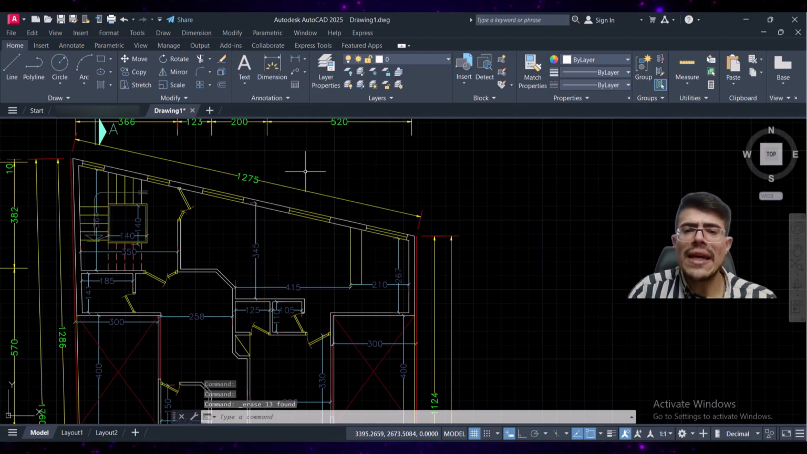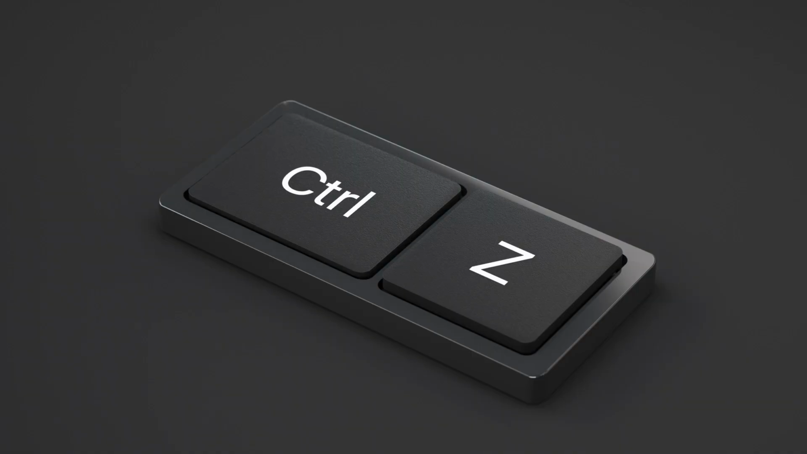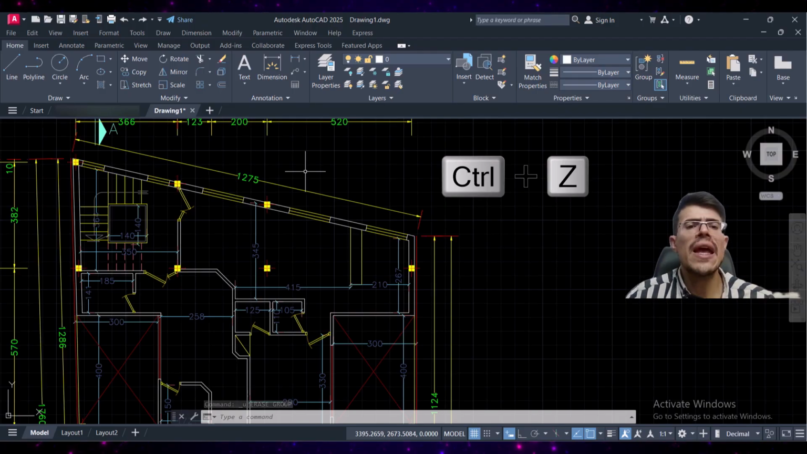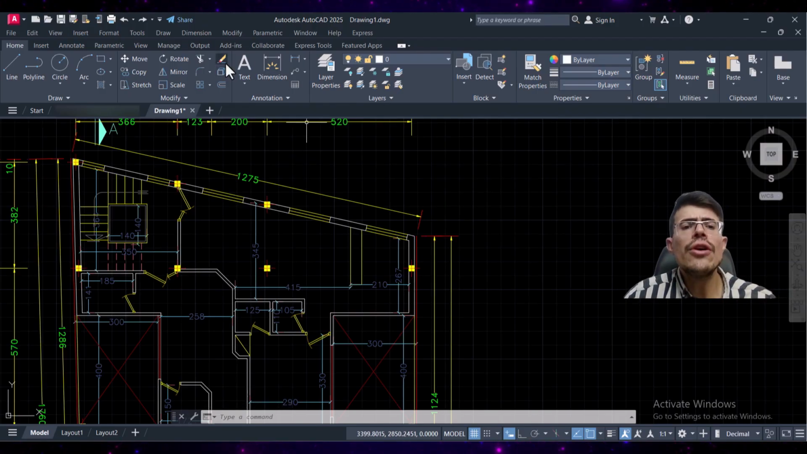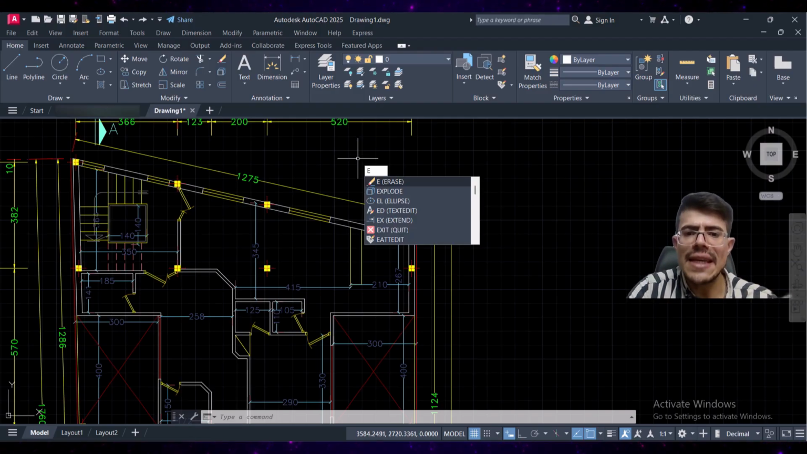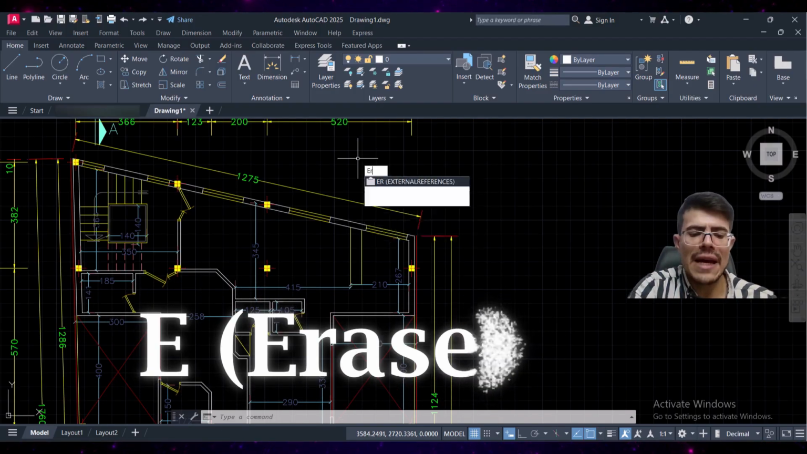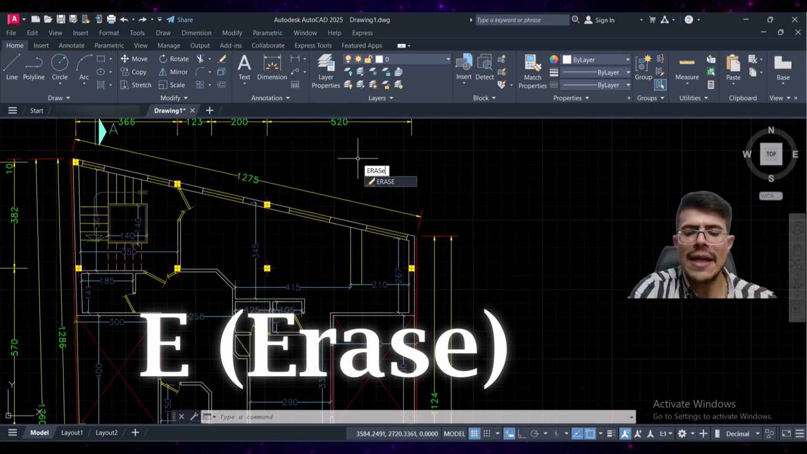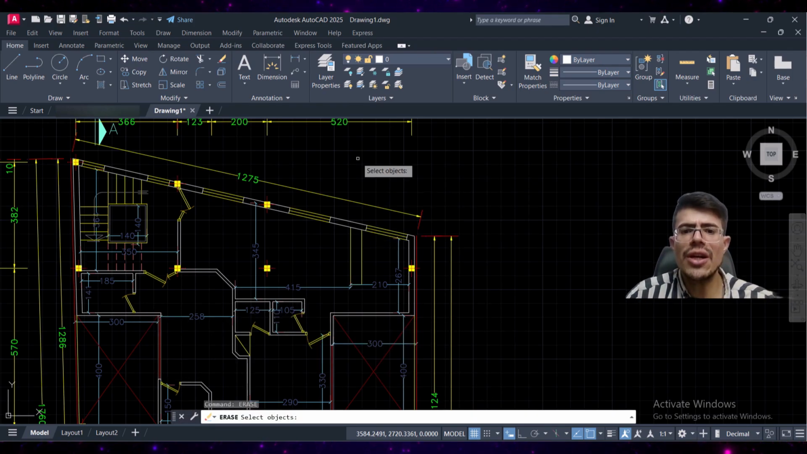We learned how we can undo, but the other way is using Ctrl Z. Like other software, it works here too. You can access erase by using its alias. What is that? It's E, or you can type erase in full form, and by pressing enter, now you can